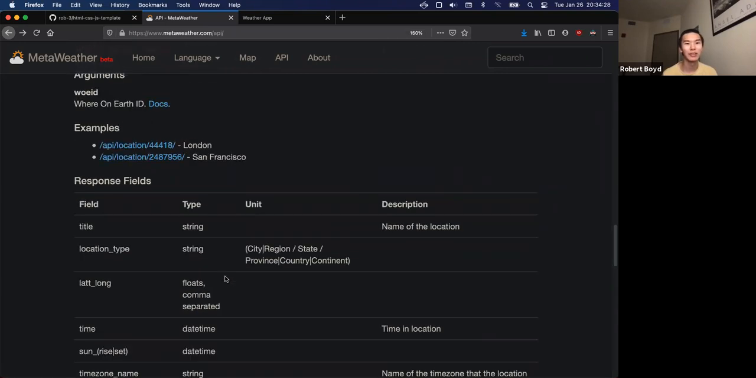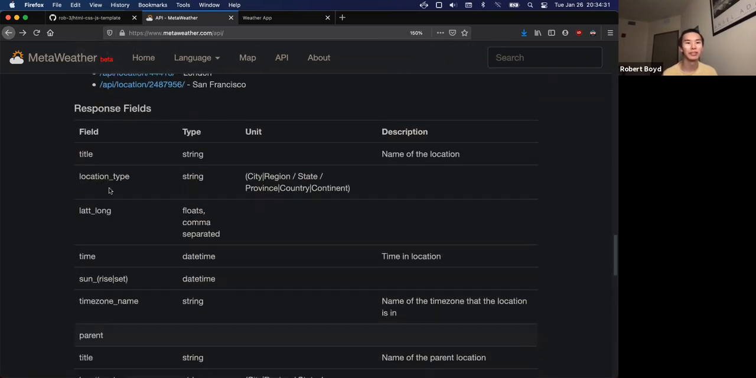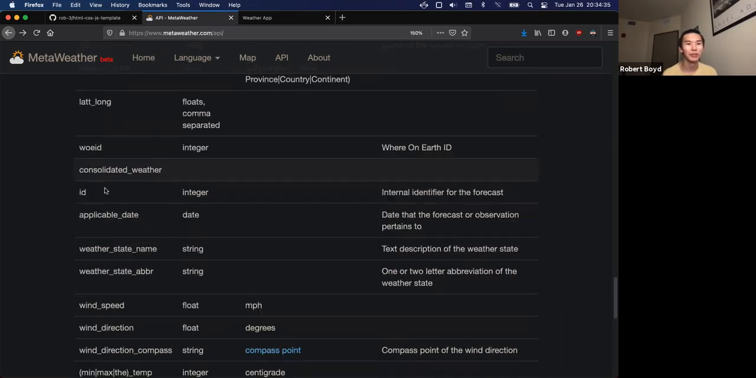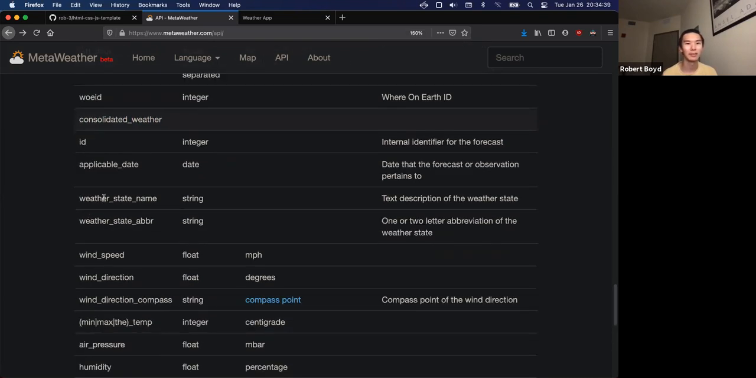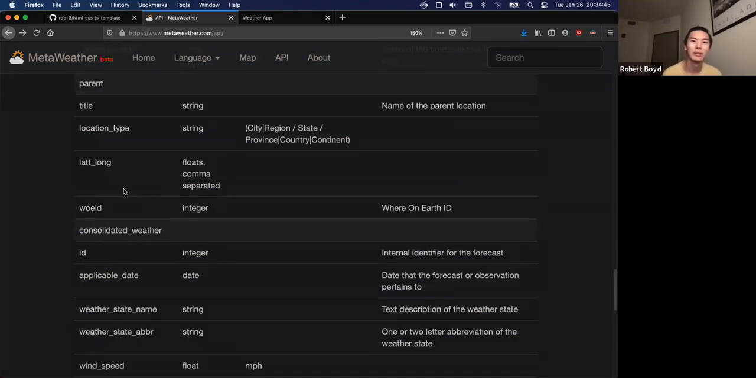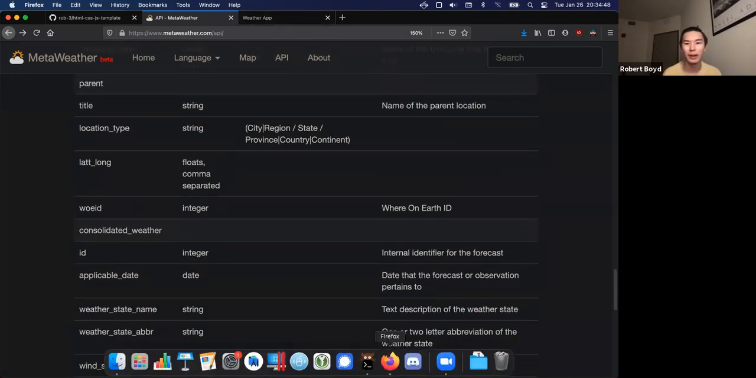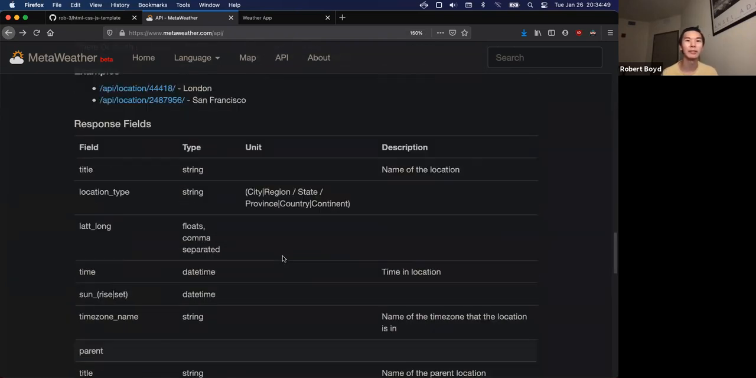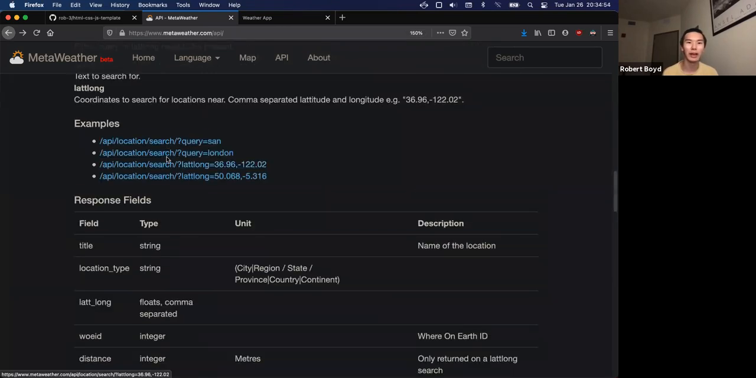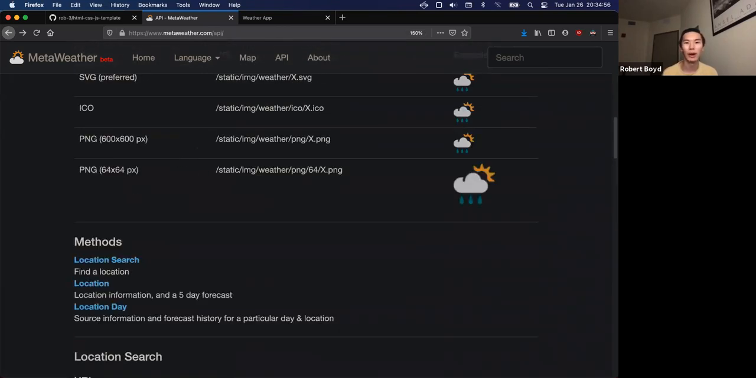You can see, well, actually, they give us a lot of other things too. They give us location type, sunrise, sunset, latitude, longitude. But this consolidated weather is what we're going to look at, because that gives us weather state, wind direction, min, max temp, all the information we actually want. So let's actually go ahead and do that. So what we need to do now is make another request to this API, because we're able to get this WOEID out of the